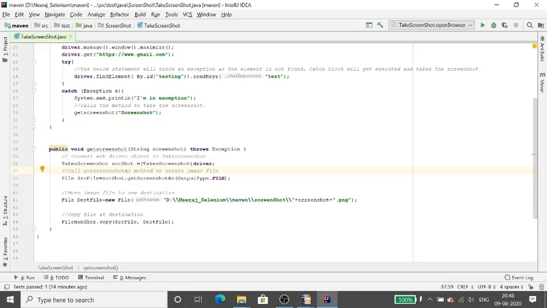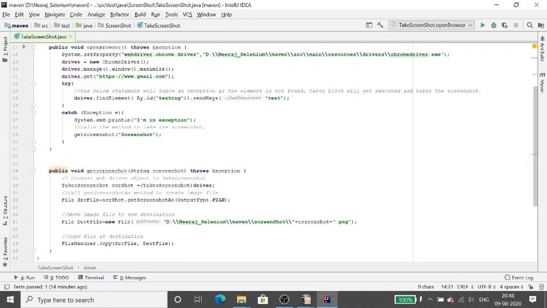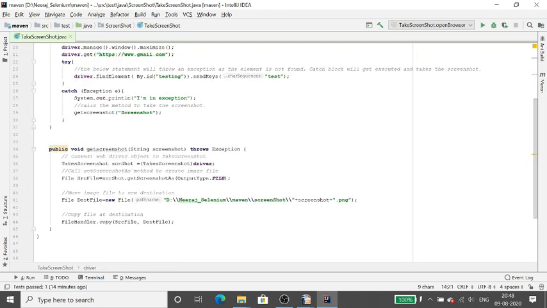So now you can see here I have created a get screenshot method that will take a screenshot, and in this method if you can see here I've told you that take a screenshot is a interface, and for the interface in Java we cannot create objects. So that's why I have typecasted the driver, so that driver can take screenshot, and this driver is a reference of the WebDriver, right? So this line I have written to typecast the driver to take a screenshot.